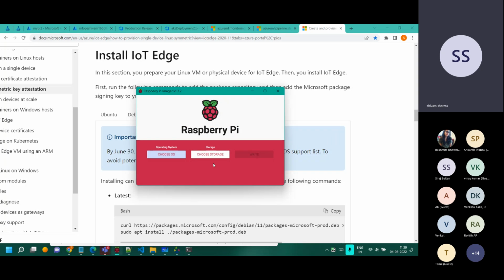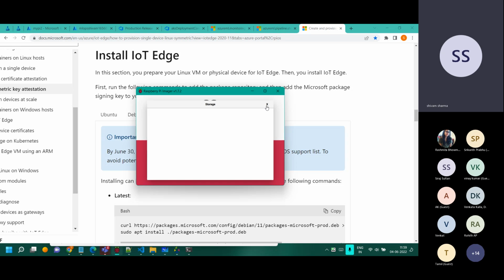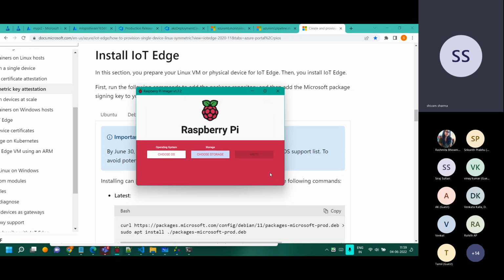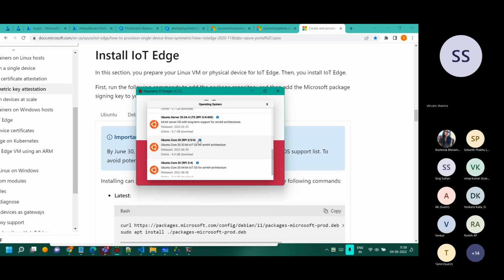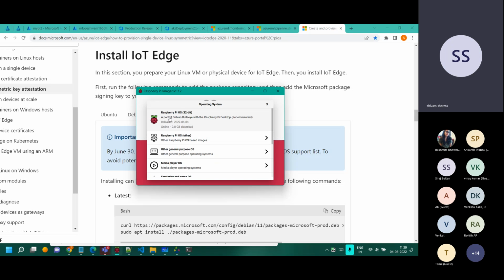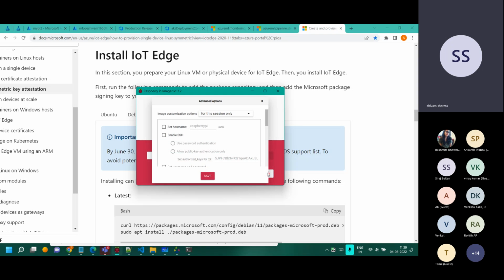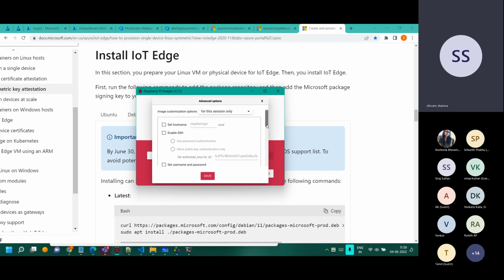Now you basically select the operating system from there. You select your SD card. You need an SD card reader as well. You have to put that SD card in the card reader and put it in the USB slot, and you choose that from here. It's not connected right now. I just want to show you one more thing. Okay. So then you set it up, like the name of the Raspberry Pi. My Raspberry Pi name is pi@raspberrypi.local. That's the default configuration which I have. It can also be Wi-Fi connected. So that's my Wi-Fi name over there.